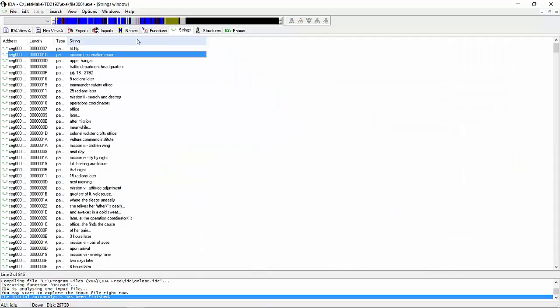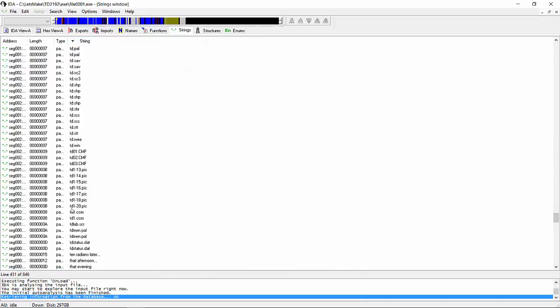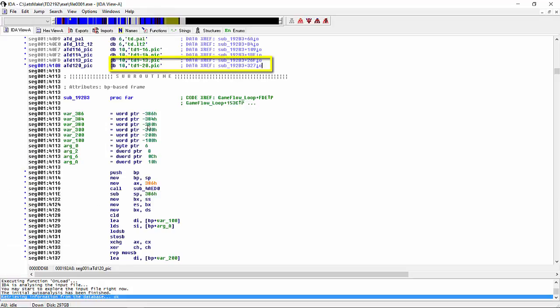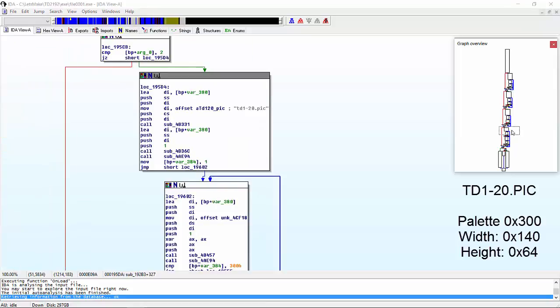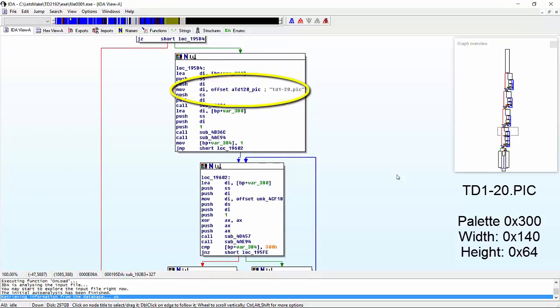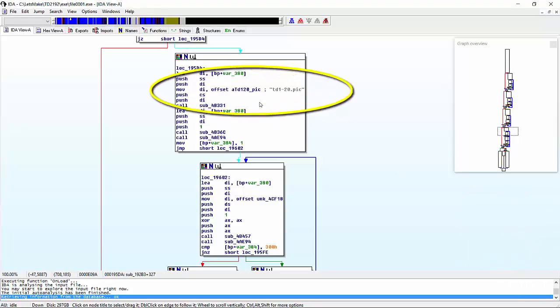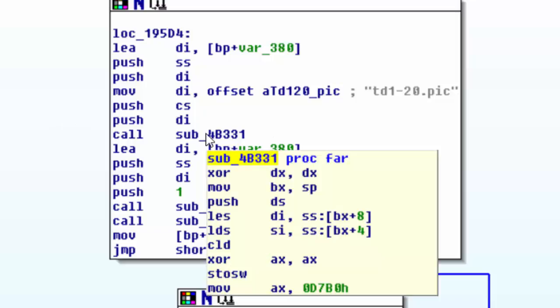Let's find the PIC file name definition in the string tab. We'll follow it to its home in the code. Now, as with most string operations in assembly, we have source and destination indexed registers pointing around it. Now, another subroutine is called here, and if I hover over it, I can see the header without having to click through to it. In the header, I see more indexed register operations,